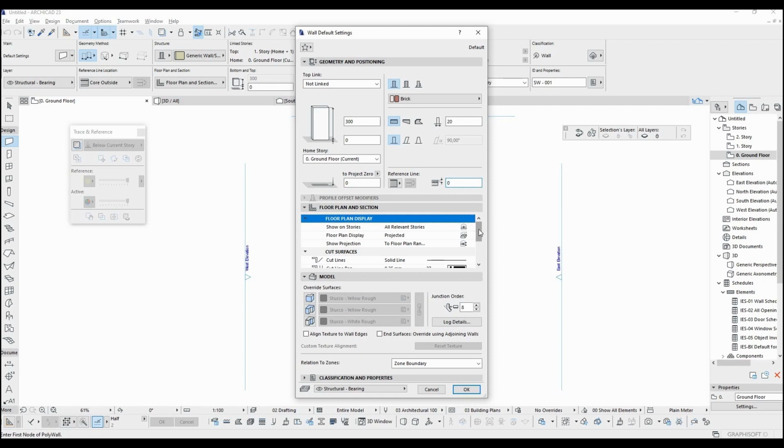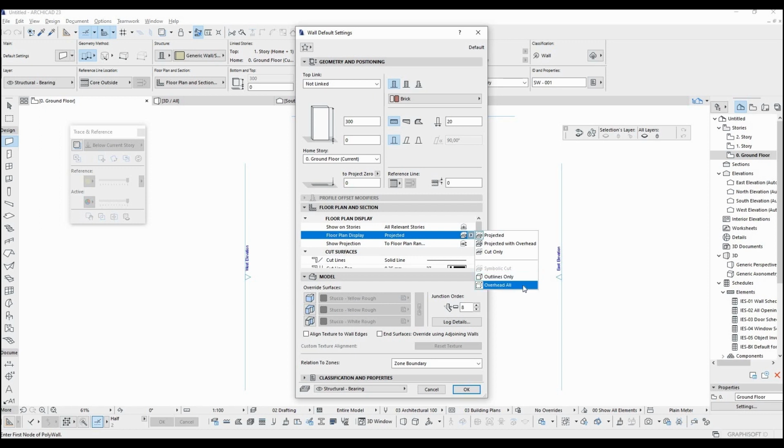To change the visibility, like line thickness or cover fill, or how it looks from the story level, we can use this part. For example, we can decide where the wall will be visible: home story or all relevant stories. Or we can decide to show the cut wall projected from eye level, or leave it cut only so we cannot see the part of the wall above eye level. And we can use outlines only even if our eye level intersects the wall.